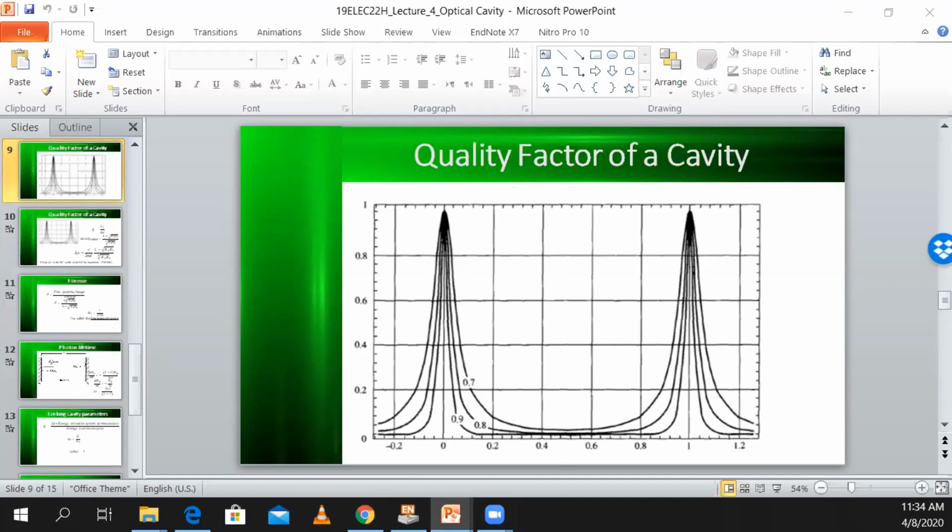So, as you can see here, the x-axis is the gain axis, and this is a transmission curve at resonant frequencies. The value of the frequency spacing was C over 2ND, if you remember, and we call this distance the free spectral range. But please remember that these curves were plotted for what we call a lossless